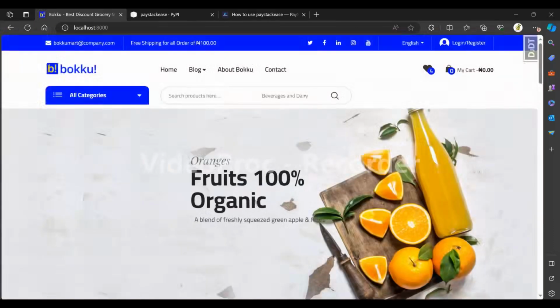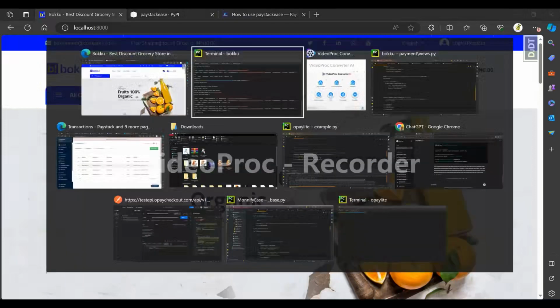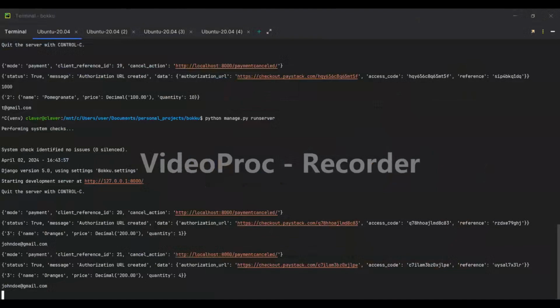So that's just a simple demonstration of how to use the Paystack Python library. As you can see also from my terminal,